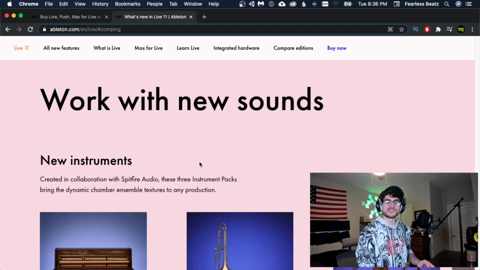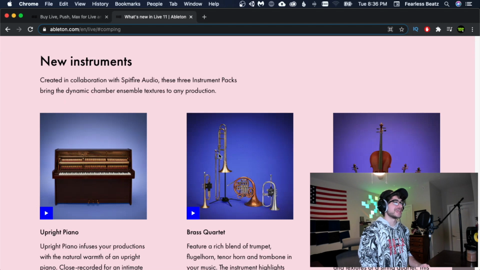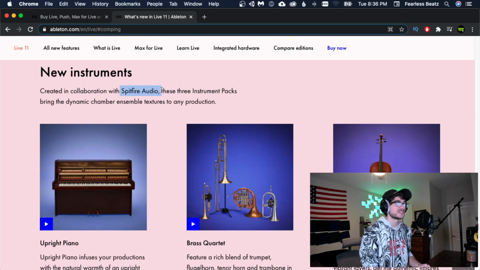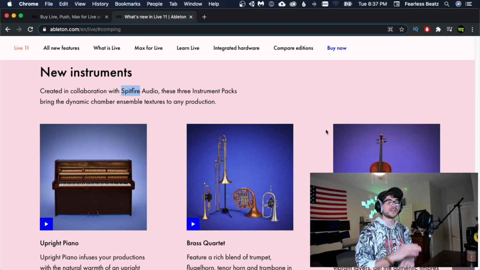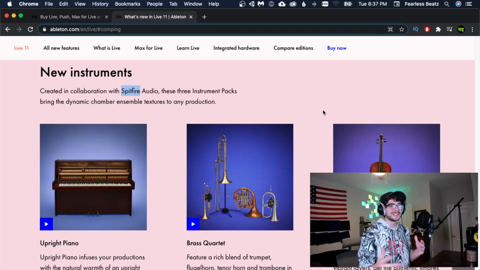Okay guys, let's now talk about some of the new sounds, and my jaw just dropped when I saw this because Ableton has actually teamed up with Spitfire Audio. Spitfire Audio makes all those crazy Kontakt banks that you see me using that are out of this world amazing sounding. So the fact that Ableton went with them is going to change the game, because honestly, Ableton's instruments and